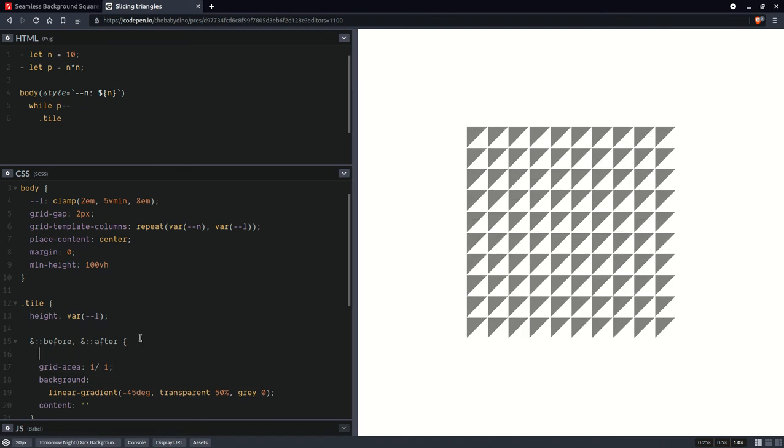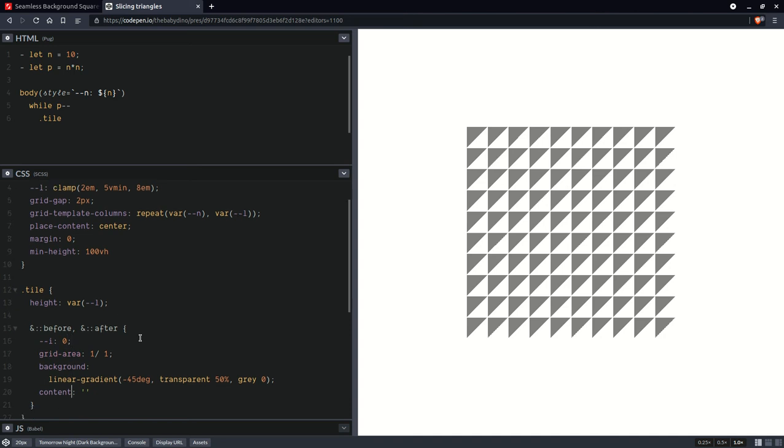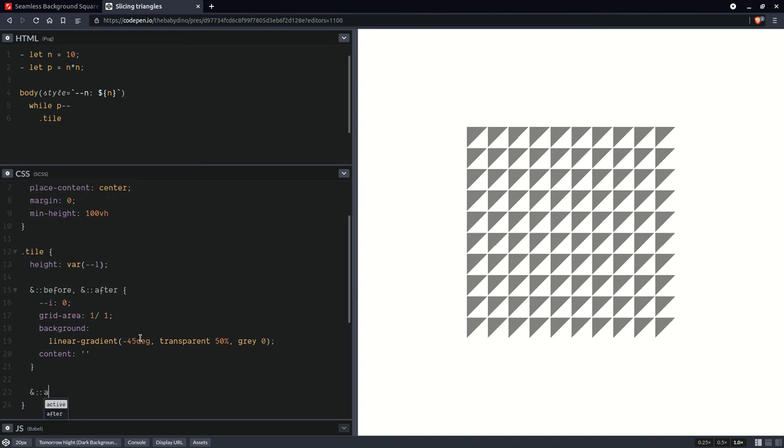Okay, so I said earlier about differentiating. We're going to use a switch custom property, which is initially 0, but then on the after, it gets switched to 1. So it got switched to 1. If I could type, that would be great. Okay, now here, we're going to change that angle. So we're going to use a calc,